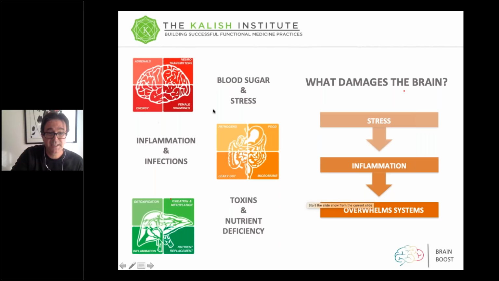But anyway, right here we see our brain, right? And the different aspects of things that can affect the brain, which is our adrenal health, which is the function of our stress response and the stress hormones, the balance of the neurotransmitters in the brain. The brain requires energy, just like every cell of your body, energy production has to be proper for us to have clear thinking. In the situation with women, female sex hormones are also very important for brain health. And I'll say that actually, I probably should have changed the slide a little bit. Male sexual hormones are also pretty critical in order for us to have clear cognitive thinking.